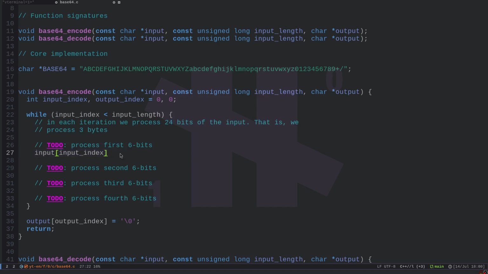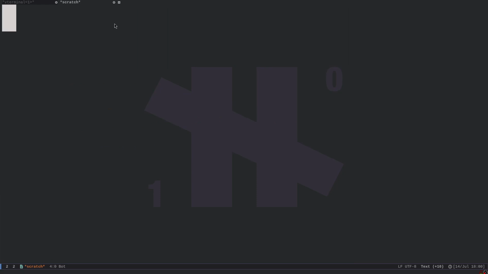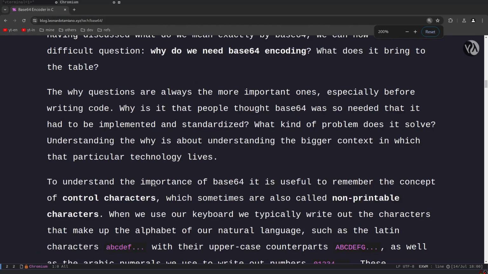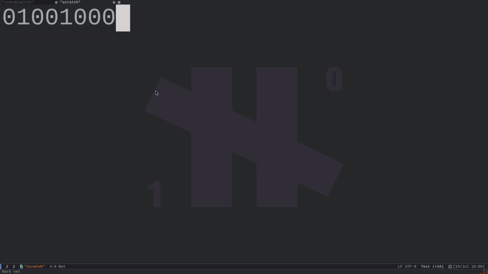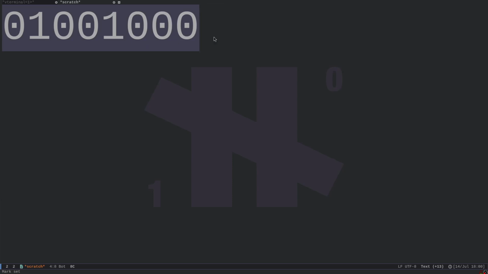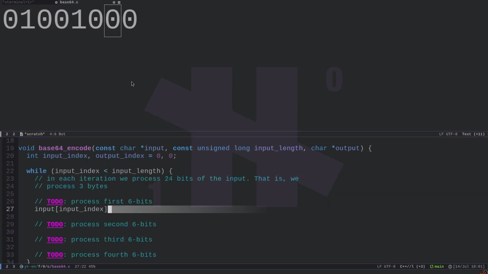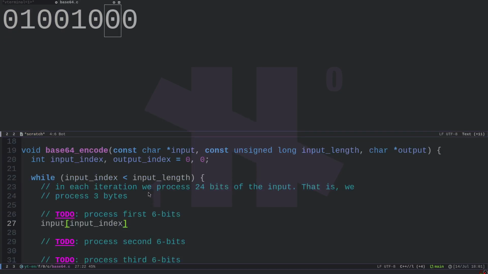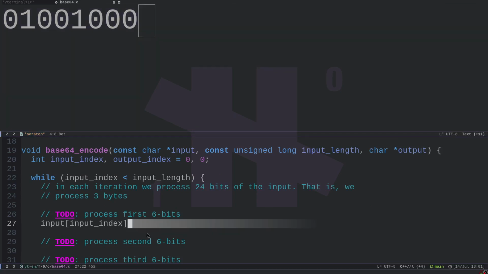Now, remember, let's say we start with, what was the initial sequence of bytes in the example? So we go down here. Let's say we start with this byte, right? If we just access the byte itself, we have this value. However, we are interested only in the first 6 bits from left to right. So how do we extract only those first bits? The idea is to use specific operators in the C language, called bit operators, that allow us to interact with a specific bit mask, with a specific sequence of bits. So what do